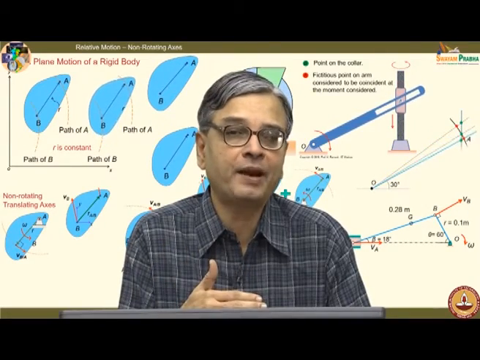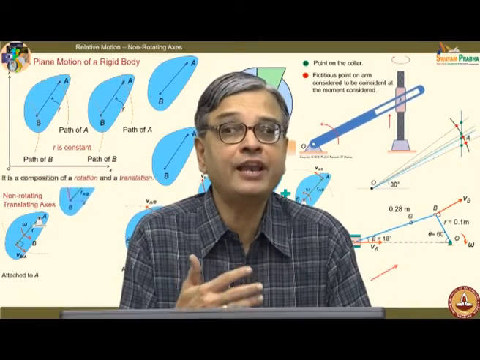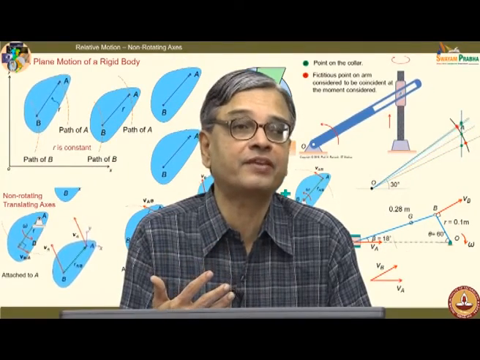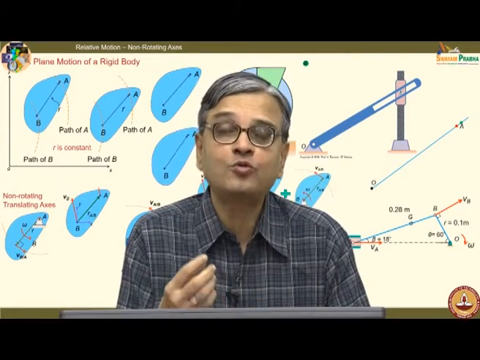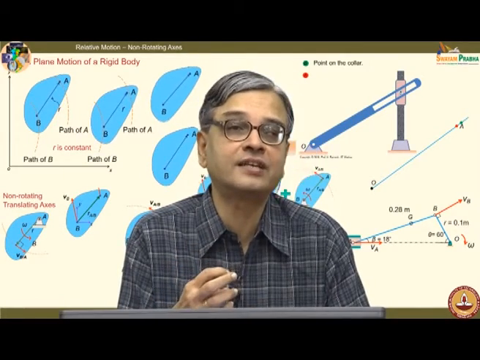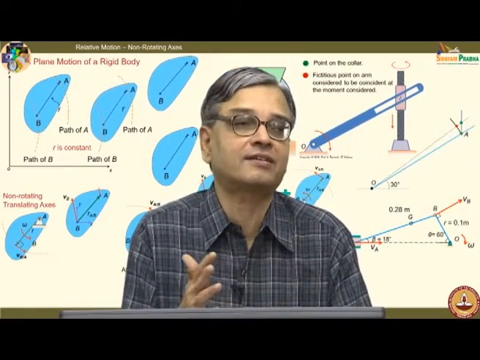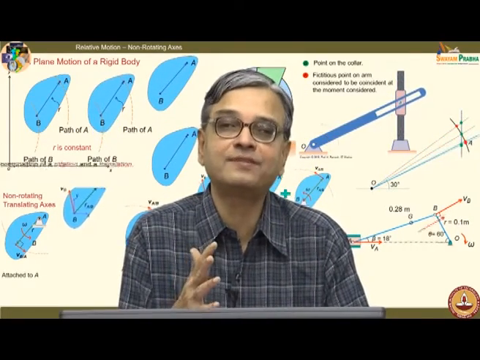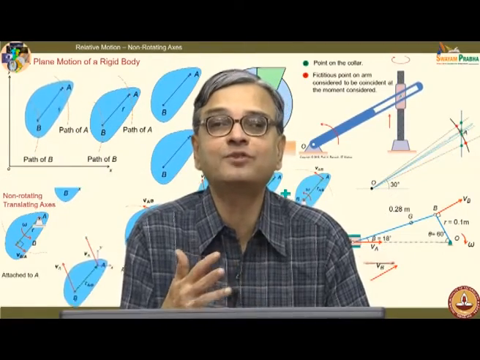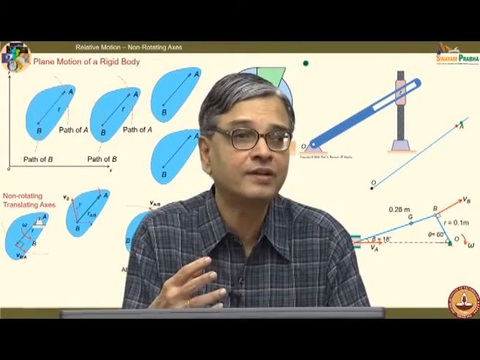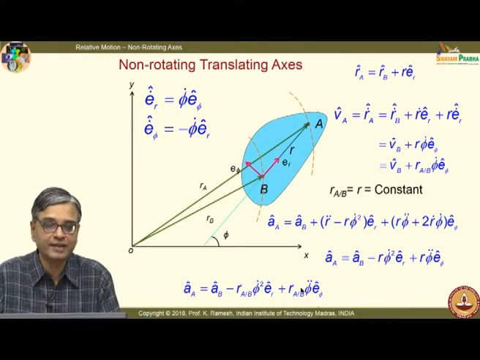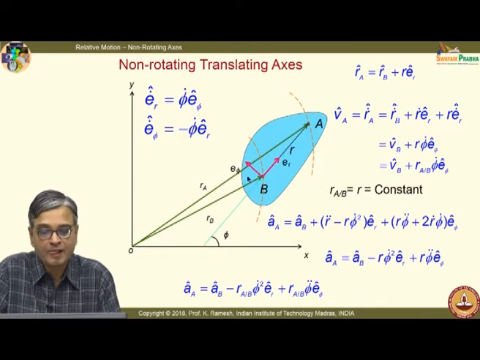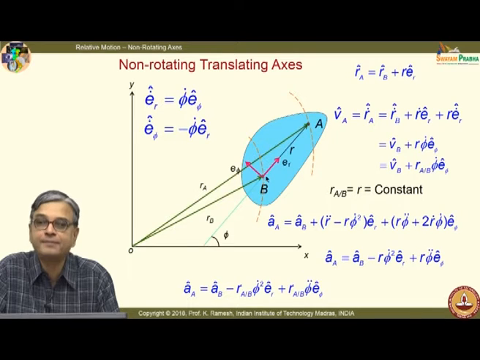When I want to apply Newton's law, I need to do it only in an inertial frame of reference. Until then I cannot apply it. But to calculate the acceleration and velocity, we employ different tricks to make our life simple and get the absolute motion as a combination of 2 different aspects. So, what I am going to look at is, when I say non-rotating axis, I would attach a non-rotating axis at point B.